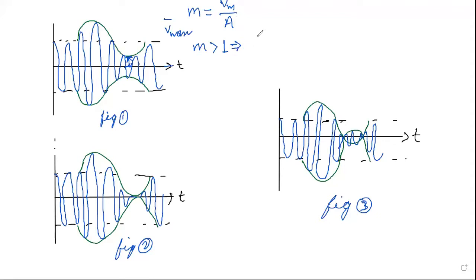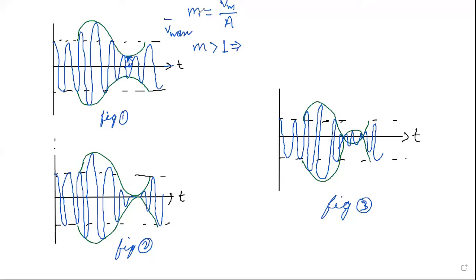What is this named as? Can anybody tell me? Sir, if Ma is greater than 1 then it means over modulation, right? So here the first case is under modulation, so Ma is less than 1, right? If Vm is greater than A... I mean if we take Ma greater than 1, then it will be over modulation. And here in the first figure it is under modulation, so it means Ma is less than 1. Yeah, it should be less than 1.